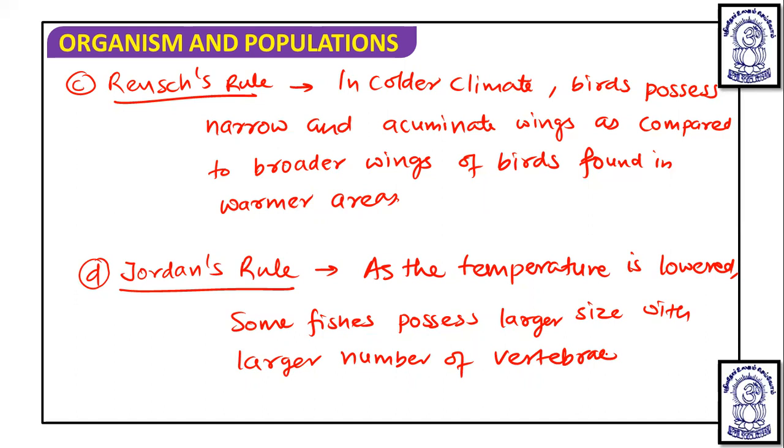What Allen described in Allen's rule is that mammals of colder climate generally have shorter ears. So mammals living in a colder climate have shorter ears and limbs to minimize heat loss. Same way,